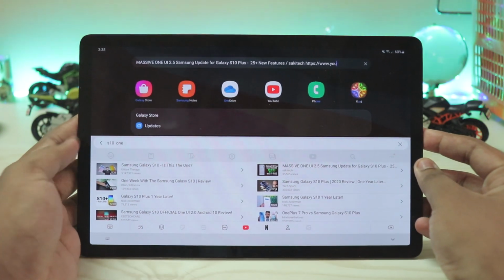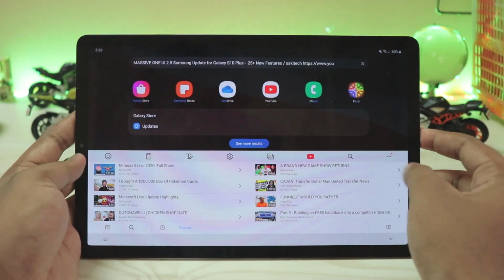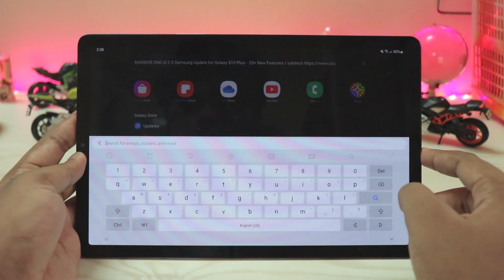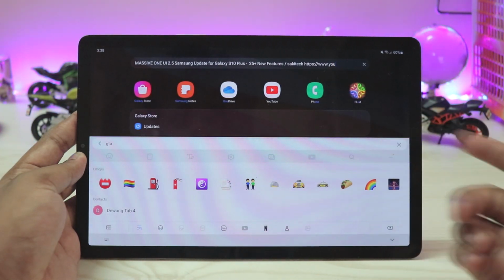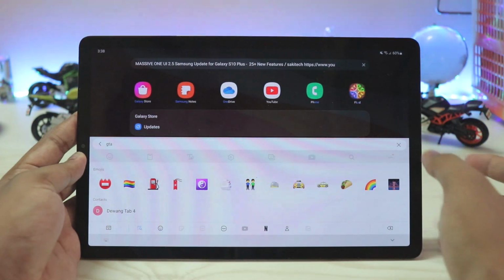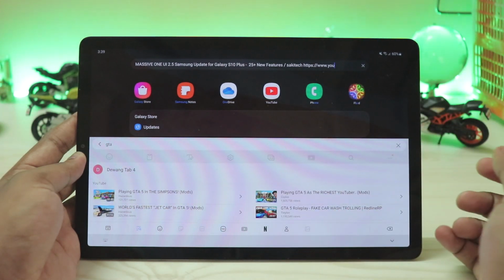But even if you don't have the YouTube toggle on, you can do that with the search. So go back, search it. Now you can do a complete system-wide search or Google search. So something like GTA search. Again, it will search for the emojis and everything. You can even search other plugins like YouTube right over here, or even Netflix, which is supported. So that's really good.